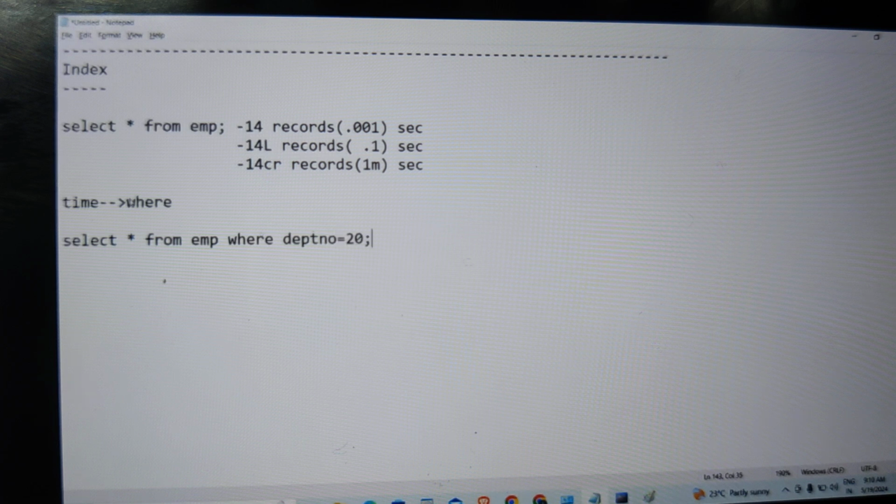or department number equal to 20, and there are 14 crore records, each and every record it has to check for the value 20 in this column. Maybe your data is only around 10 rows, assuming department 20 has 10 rows. But still it has to scan all 14 crore records, because the WHERE condition is applied on this column. So for those 10 rows, you are going through 14 crore records. There is no other way.